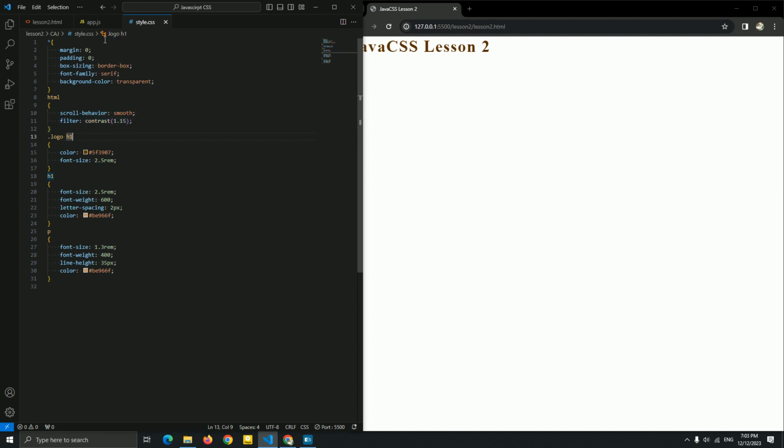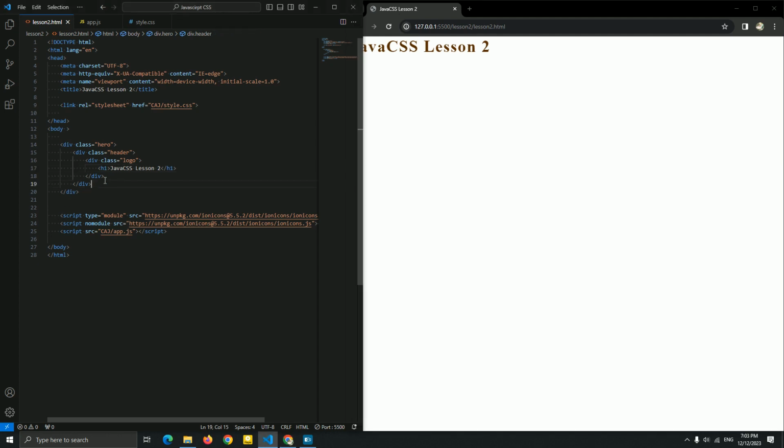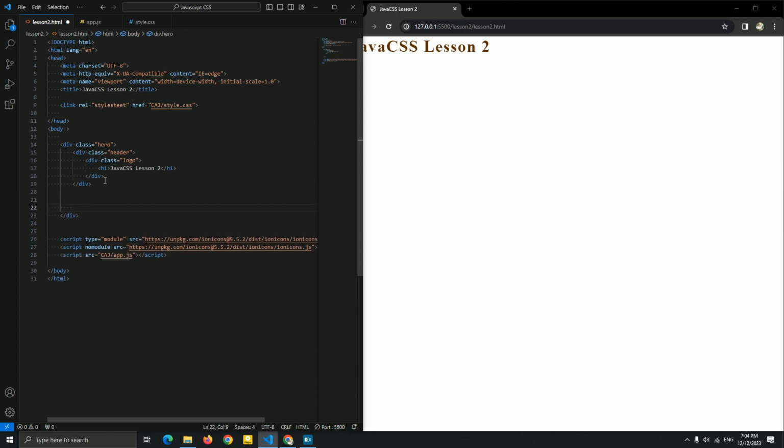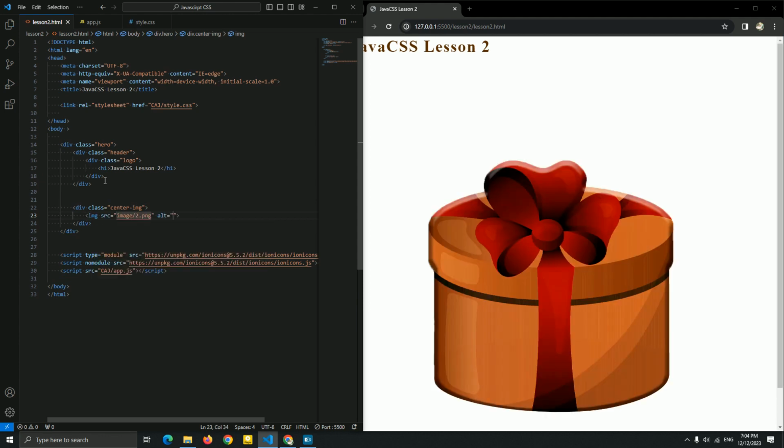But I love to use a filter for HTML, and I want to add something different from other websites. First, let me create this image as a box gift, if you saw in the first video. We just name it simply, and I name it here in a hero, because we don't have any section, so we just add it in a hero page. Let me name it center image as a simple name. Okay, let me add an image. Okay, this is our image as you can see, and we're gonna style it in the CSS, but let me just finish.